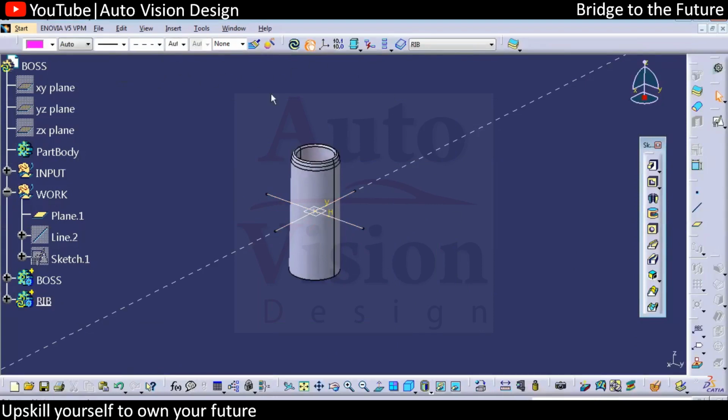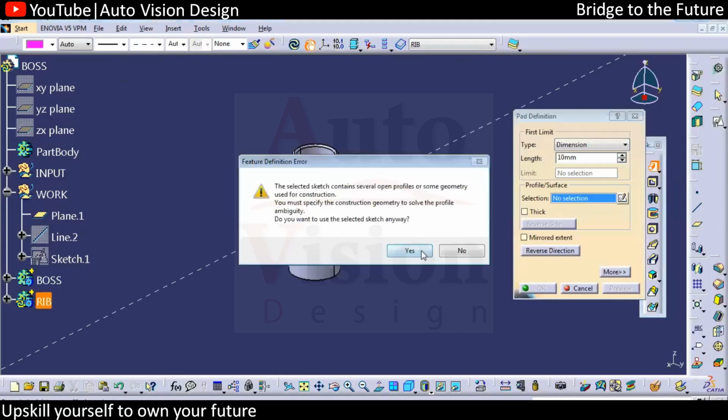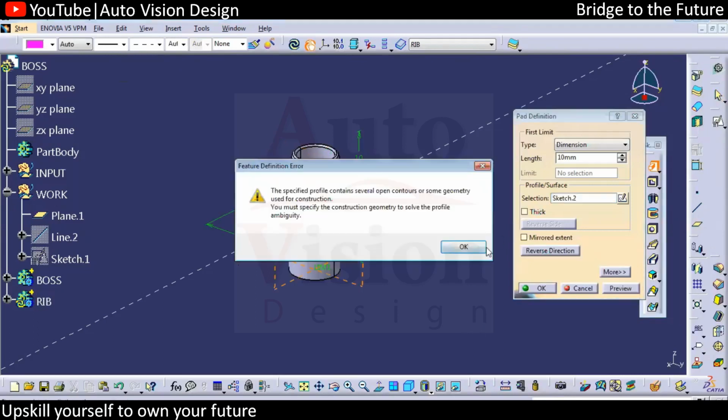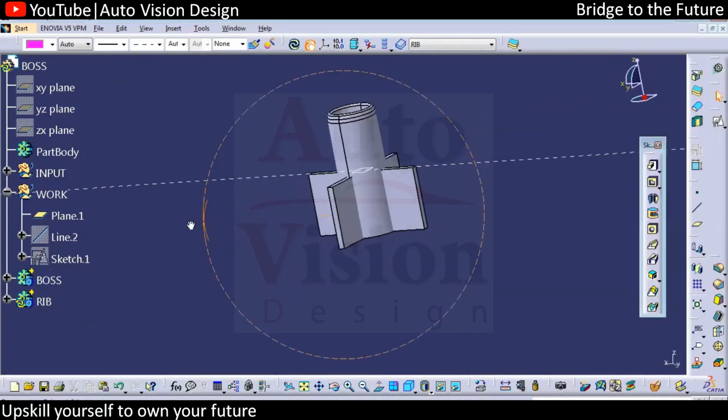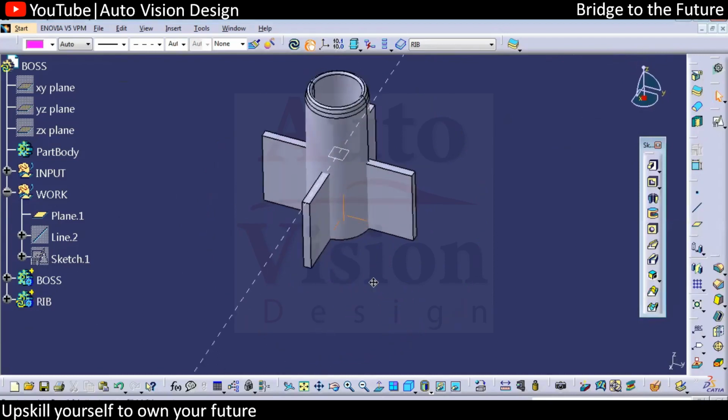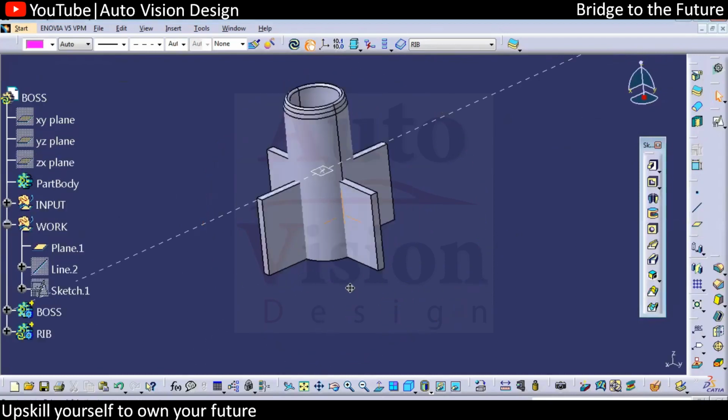And then we need to do the pad. Same way we need to do it at the bottom side only. Downside we need to have a thickness of 1 mm. We can do the neutral fiber, it will be coming to the center. Click OK. We're going to have something like this, ribs. So what we can do now,